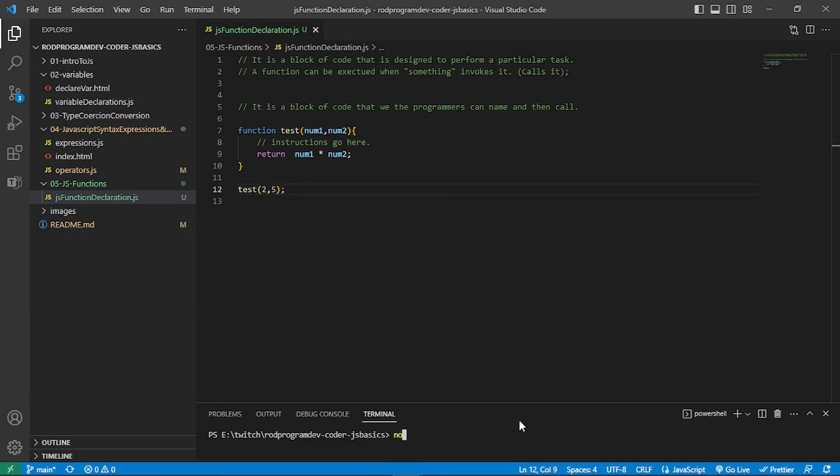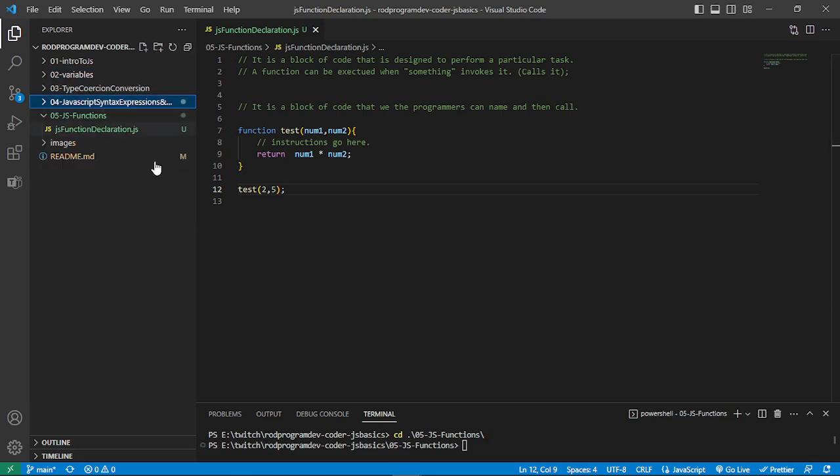Let me just check if this will work. Let's go inside of our 04. Nope, 05, sorry. 05 JS functions. And let's run